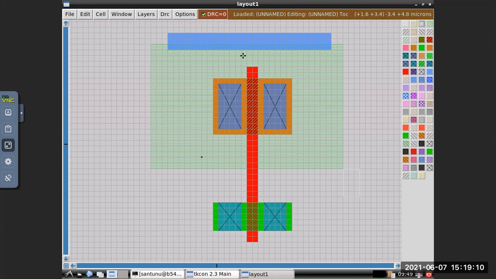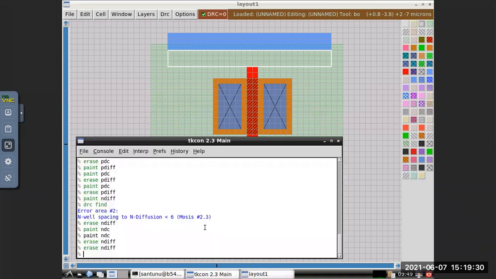So now again you can check how far down you can bring the metal here. So paint metal.